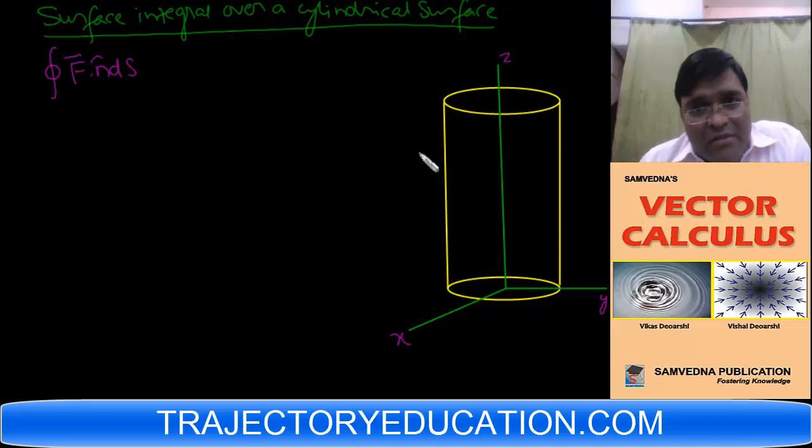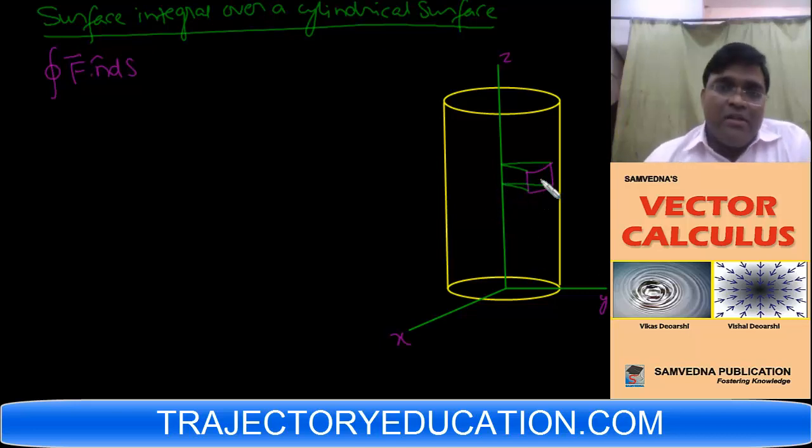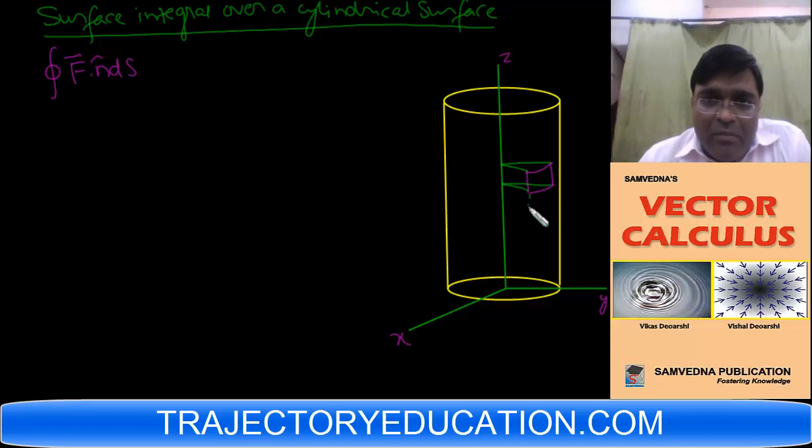Instead of taking projections, let me take the element dS on the cylindrical surface. What can be the element dS on a cylindrical surface? It can be like this. This is an element over the cylindrical surface. I'll use a different color. So this is the element dS on the cylindrical surface. If I take the projection of this dS,